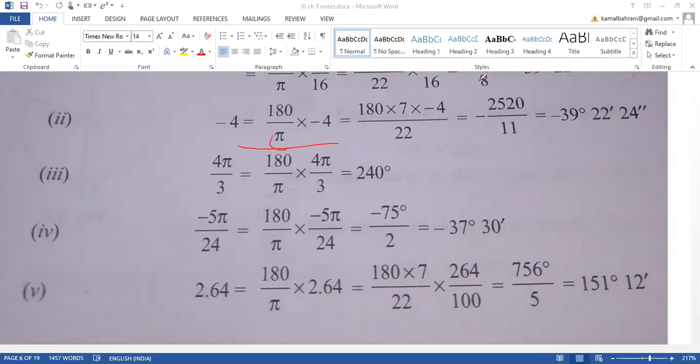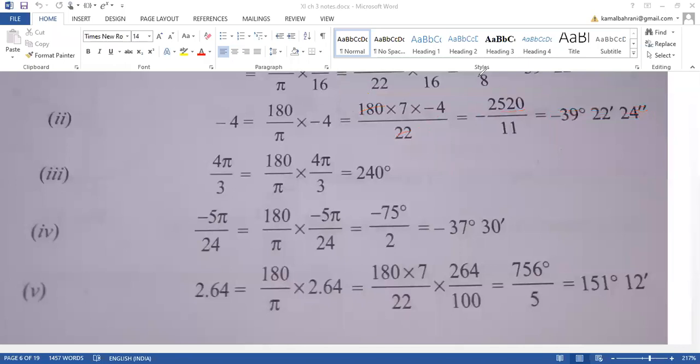Now again keep pi as 22 by 7. When we keep pi as 22 by 7, now we can divide them. How can we divide? 2 11s are 22, and 2 90s are 180. Now when you multiply 90 into 7 into -4, you will get 2520. Now the answer here is wrong. So I want you to tell me the answer now. -2520 by 11. The minus sign will remain as it is.